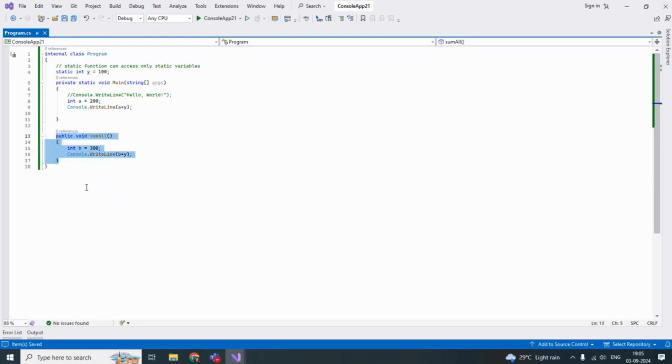So, can a non-static function call static variables? Yes, this is a very important point. Whenever you watch this video, just write down these key points, whichever I am writing. A non-static function